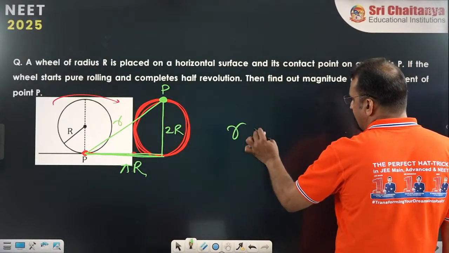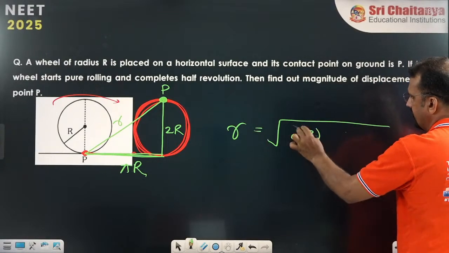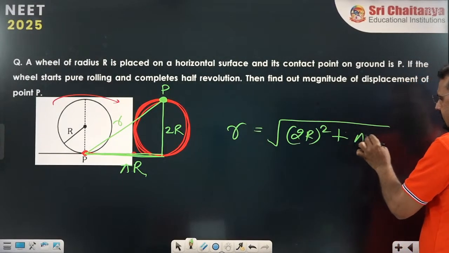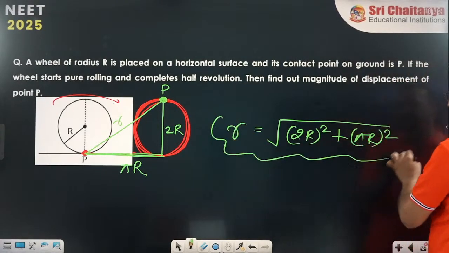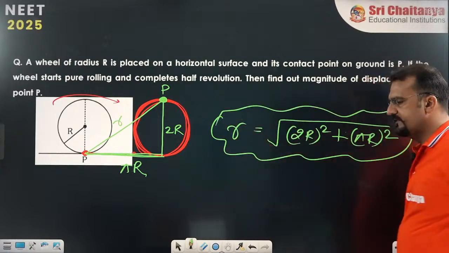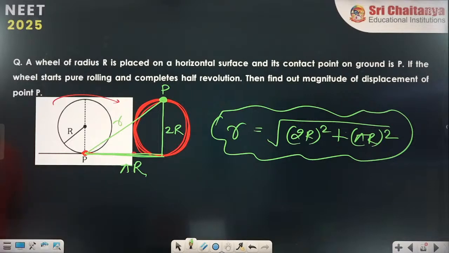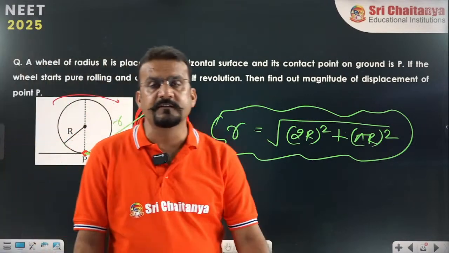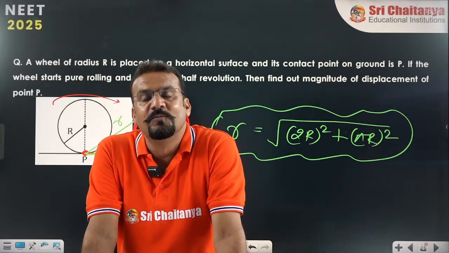What is the hypotenuse going to be? Under root, (2r) whole square plus (pi r) whole square. Yes or no? So this is the displacement, R for displacement in this case. Very important. In this type of question, it is for your visualization. Yes or no? Don't take tension from these questions, but sometimes these questions are required to form your basics, or